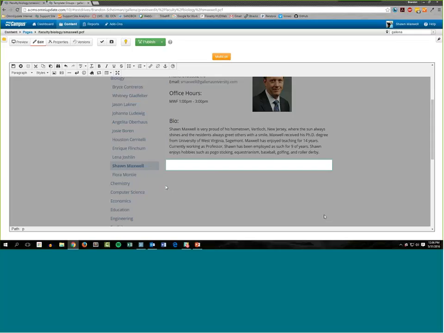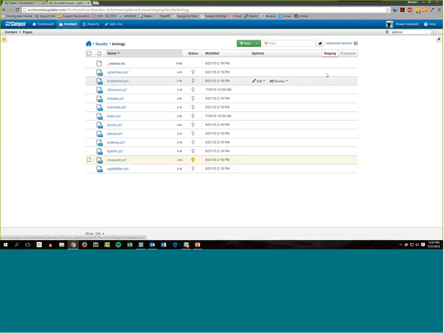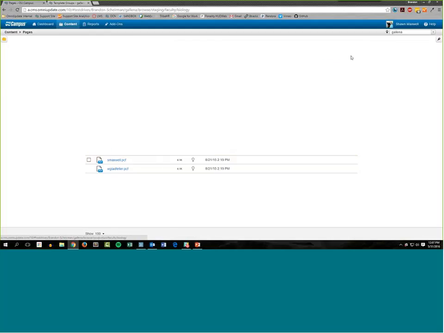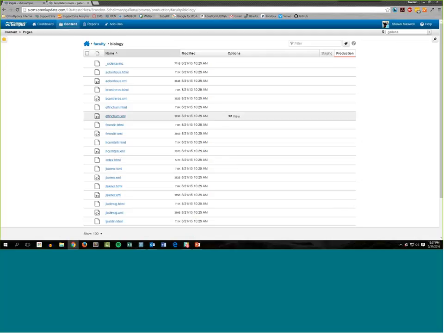Okay, so we've got a question here from Brian. When it comes to access settings, he's asking if the folders blank out on the production view as well. Let's go ahead and show you. I'll just back out of this really quickly. You'll notice here that I've got this tab. I'm viewing the staging server right now, but I can go to production. And if I click over to production, you'll see that